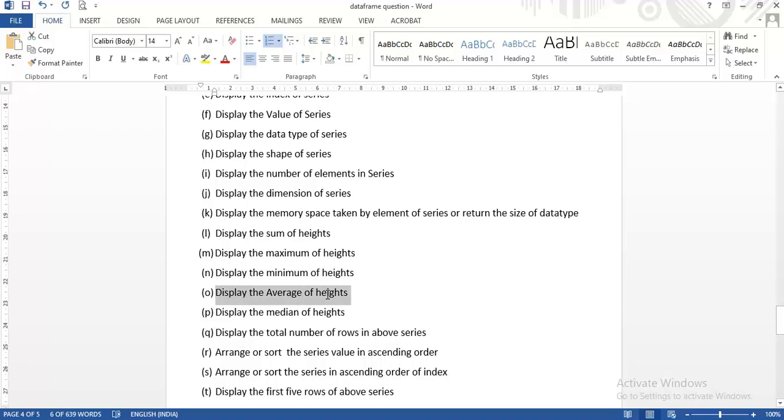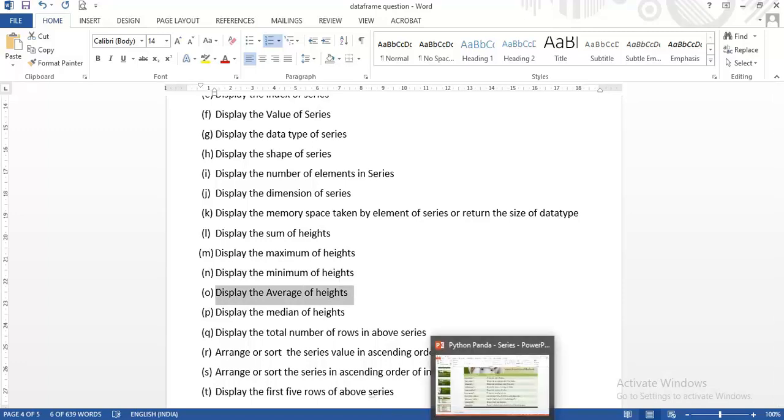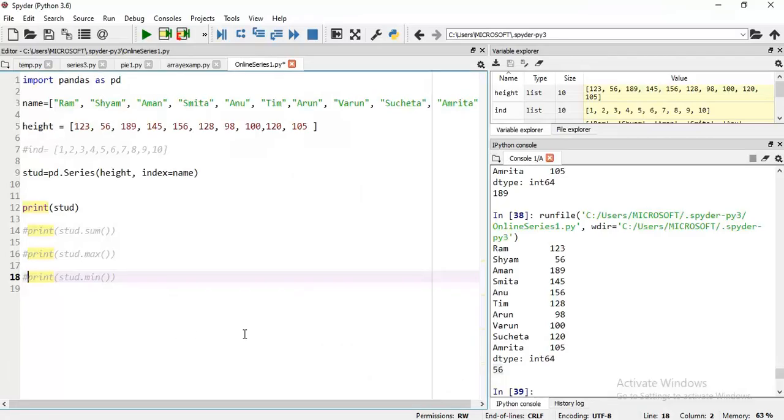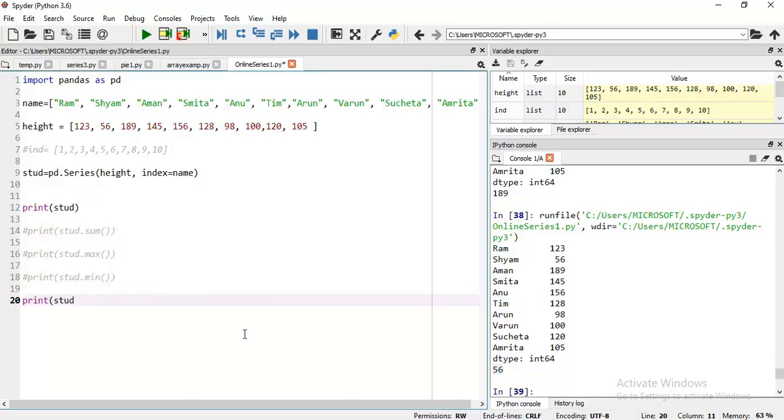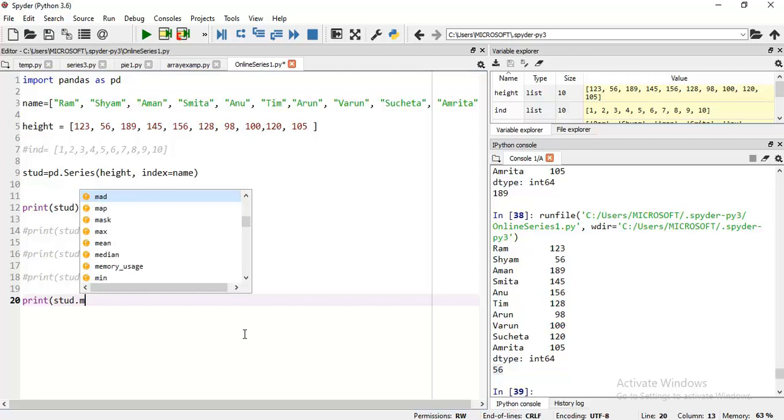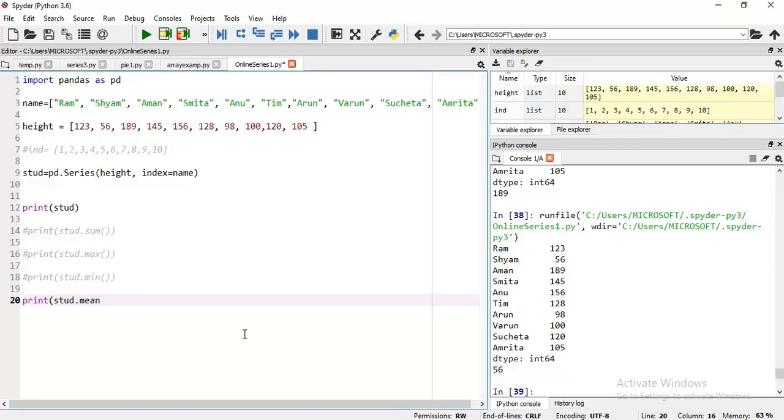Display the average of height. For displaying the average of height, we simply use mean.